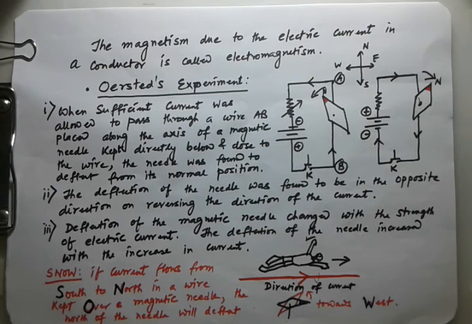So what is the Ampere swimming rule? A person is swimming in the direction of the current, and a needle is kept under the wire with the same direction as the current. When we switch on the circuit, the deflection of the needle will be in the direction of the left hand side of the swimmer.